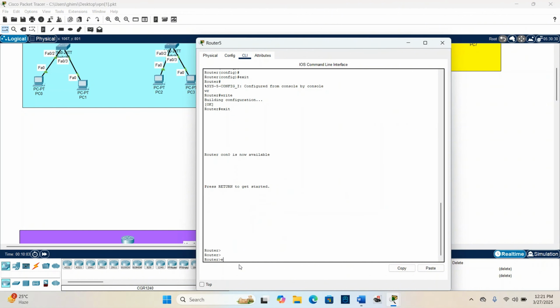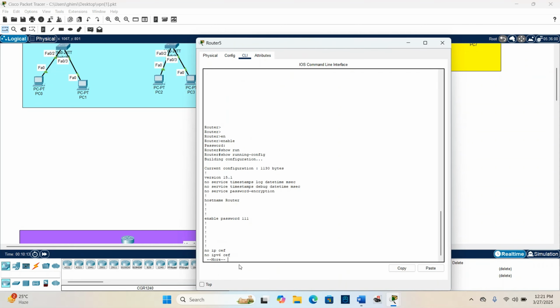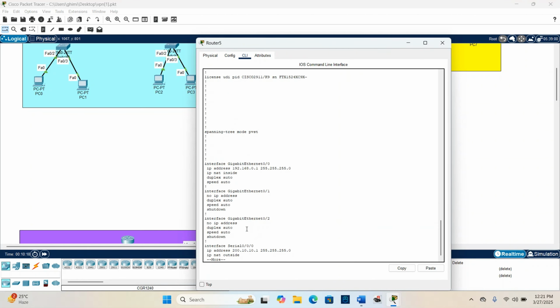So when I again click enable, you can see it's asking me for a password. So the password will be 111. So when I write here run, you can see the password is over here, 111. You can also see over here IP NAT inside and IP NAT outside, and the IP address I have used